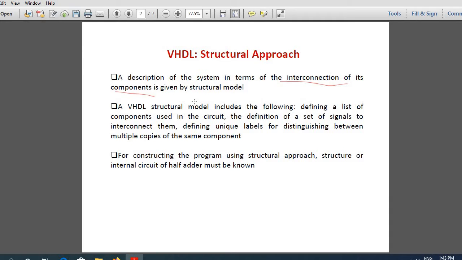For a structural model, various things are required, like defining the list of components used in the circuit, definition of a set of signals to interconnect the components, and defining unique labels or names to distinguish between the multiple copies of the same component. All these will be made clear to you once you look at the program.